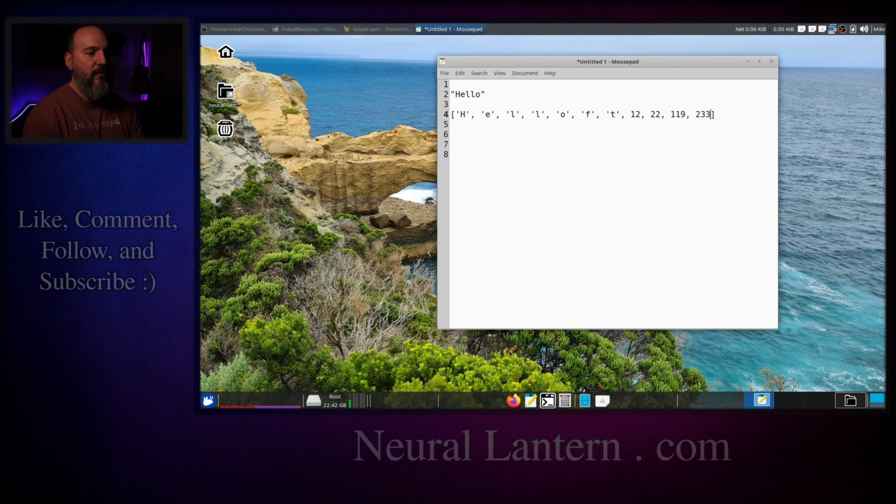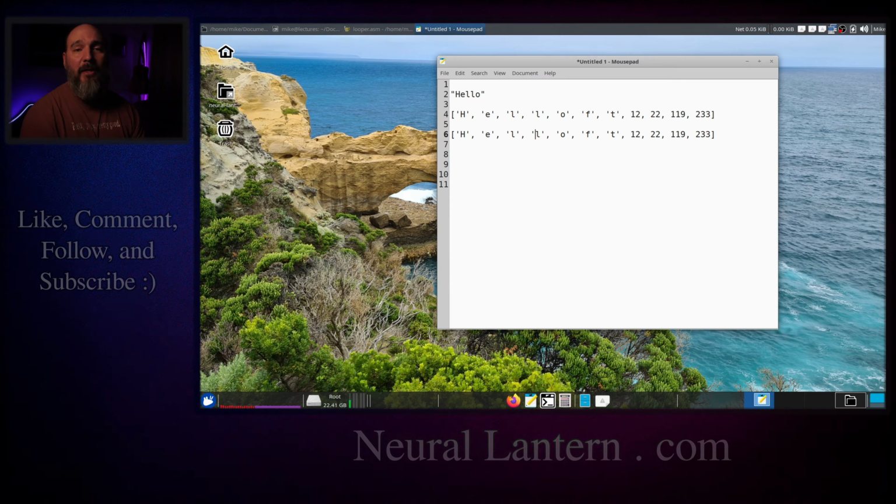But null terminated strings are a lot more convenient because you don't have to pre-compute the strings. I mean, maybe your user entered a string. Maybe you have a lot of strings or they change quite often. Maybe you have a multilingual program that has tons of translations. But it can be a pain in the butt to constantly compute the length of strings in advance. So with a null terminated string, you basically just say, well, here's my string that I want to print,